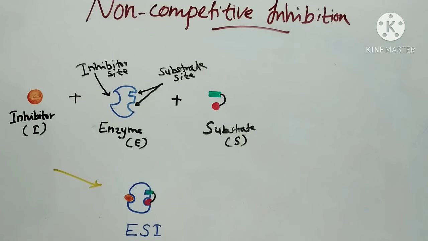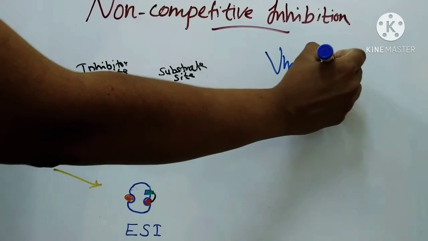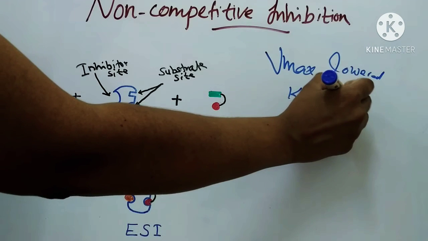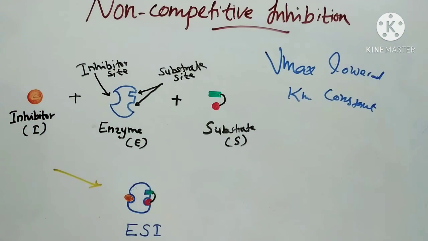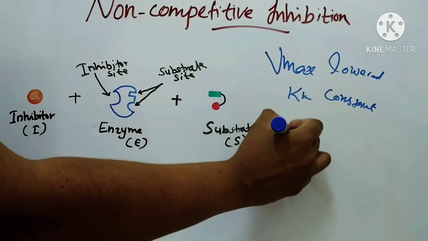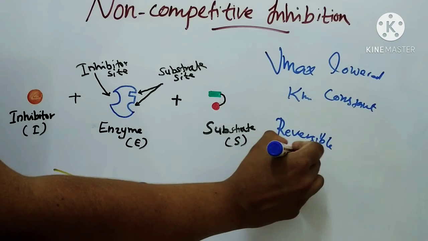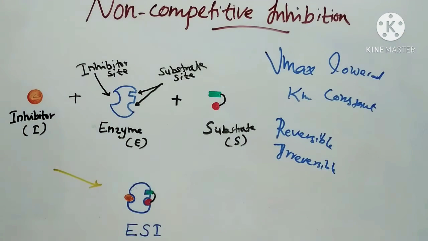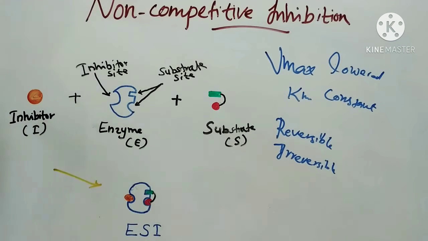In non-competitive inhibition, Vmax is lowered and Km is kept constant. Non-competitive inhibition is of two types, reversible and irreversible. If the inhibitor can be removed from the inhibitor site